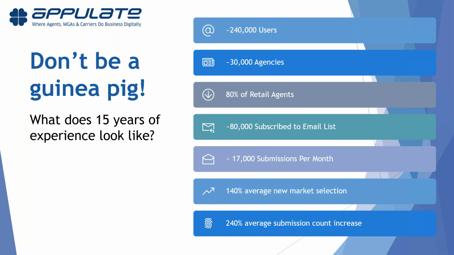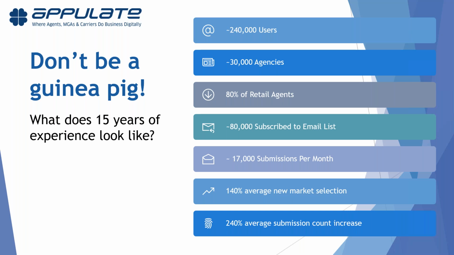And not all agencies are the same, and they don't all operate the same. So they all use Appulate in different capacities. A lot of them use it every single day with all of the markets that they interact with in different capacities. A lot of agents go into our system looking for new markets to work with. So there's an incredible distribution opportunity in our platform, which is the last webinar I went over. If that's something that's interesting to you, let's definitely talk about that, because that's a huge piece of what we do,